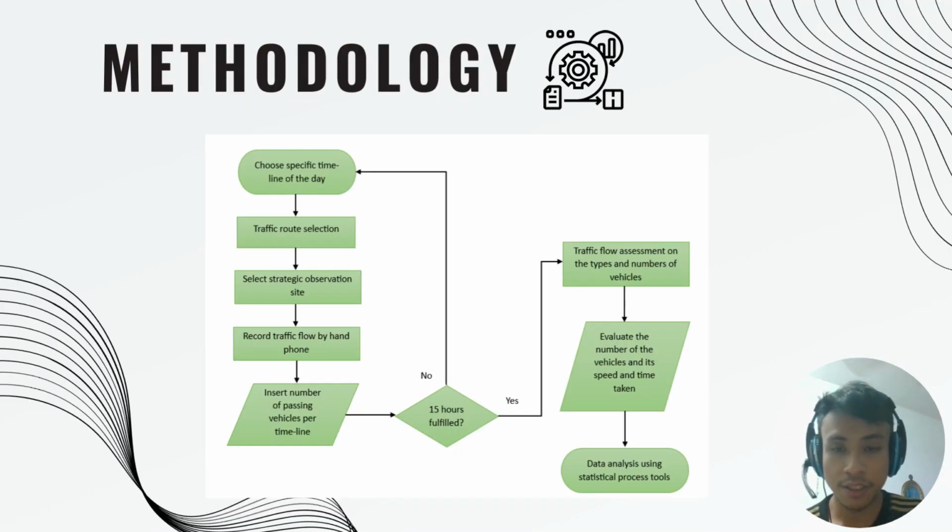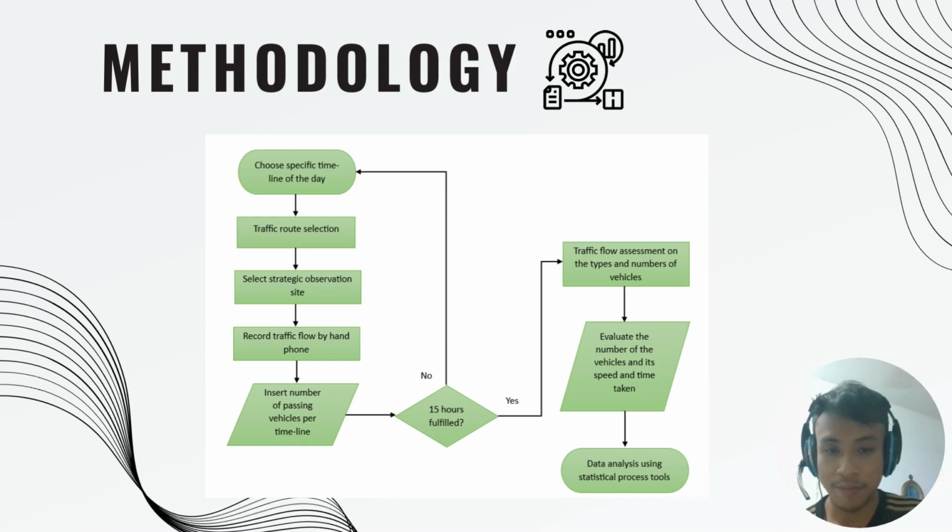As for the methodology section, it is represented by a process flow diagram. Based on the diagram, the specific timeline of the day stated previously in the background is chosen. Then the traffic road presented in the previous slide is selected, and a strategic observation site is selected. Then the traffic flow is recorded by handphone, mainly video recording. After that, the number of passing vehicles per timeline is